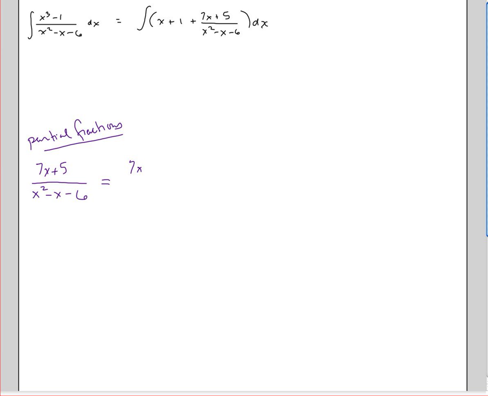And that denominator, you may notice, factors into x plus 2, x minus 3, right? I chose it so it would factor easily. Of course, it's a quadratic, so you can always use the quadratic formula to factor it or to determine if it factors. So our goal here is to say, well, this is going to be written as a sum of two simpler proper fractions. Something over x plus 2 plus something